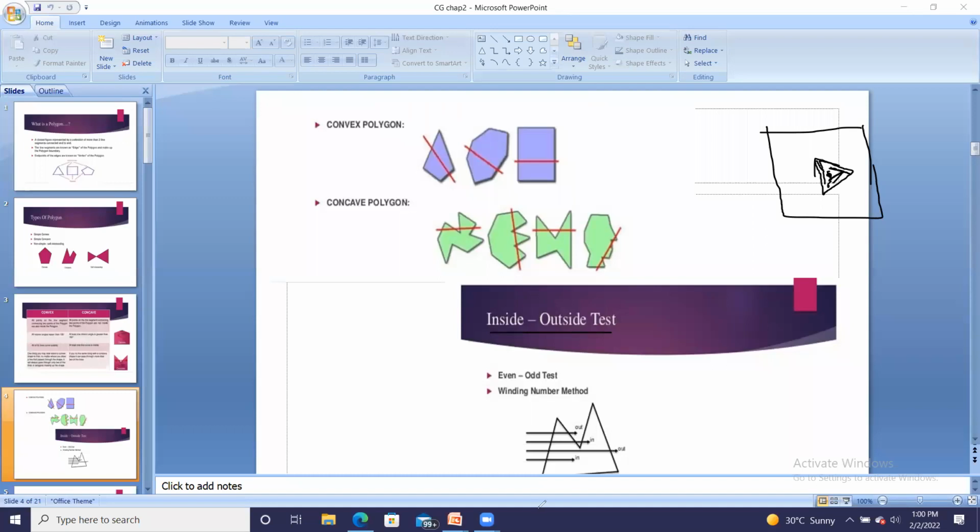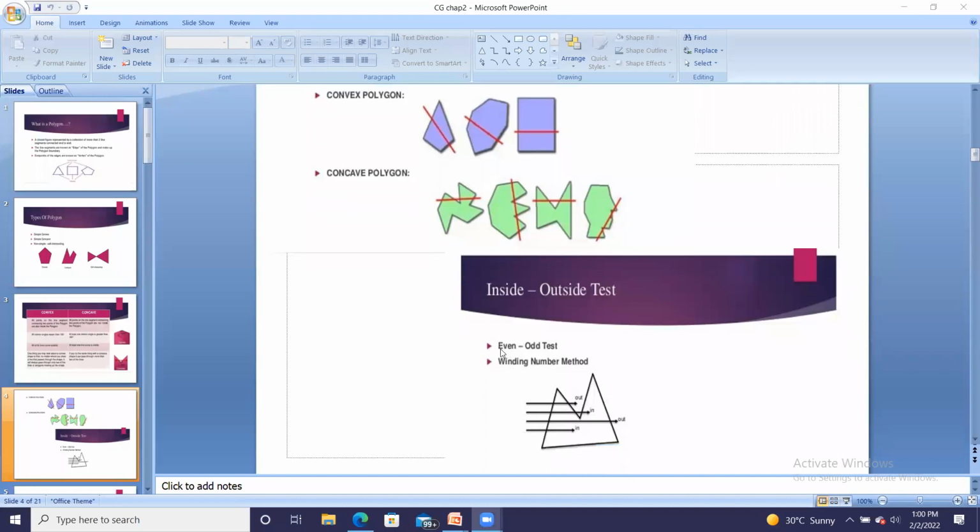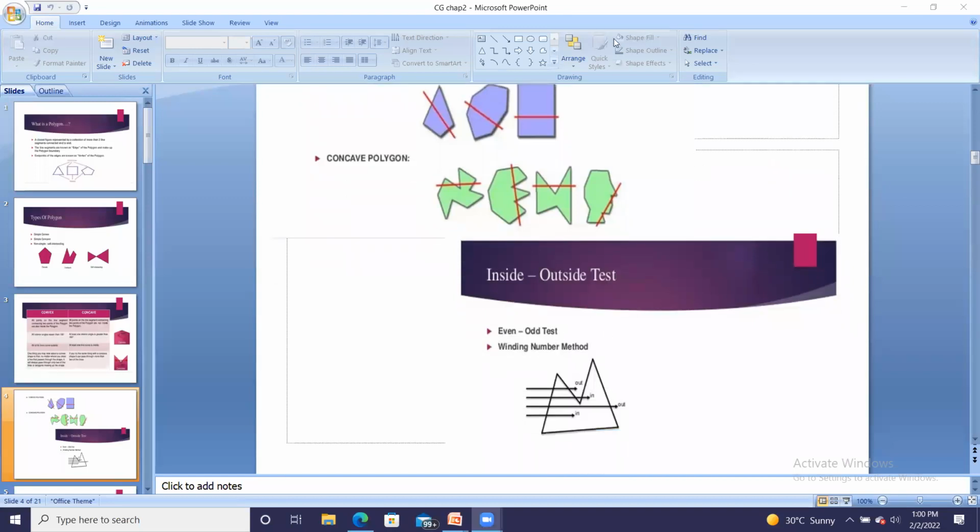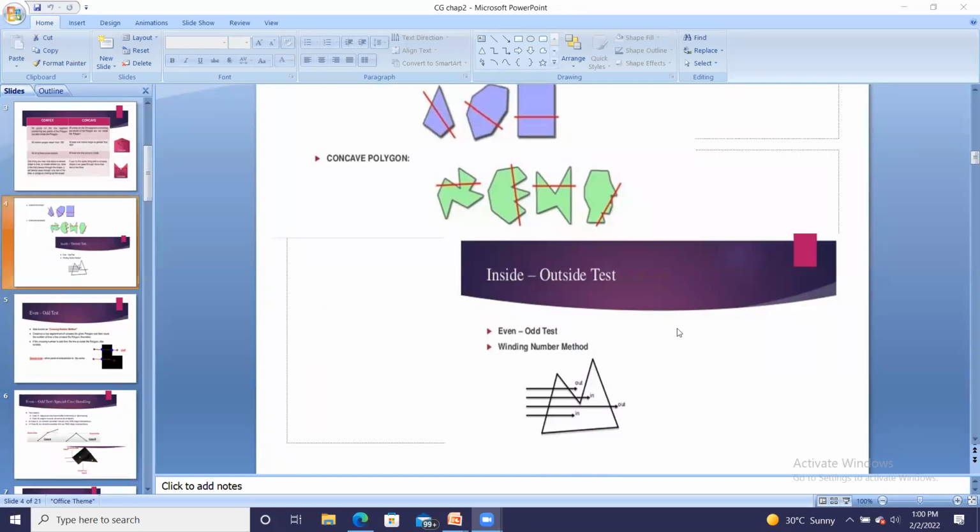There are 2 tests. First is called the even odd test, and the second is called the winding number method. So let us learn each test in detail. So the first method, or the first test, is the even odd test. In the even odd test, what it tells, now this chapter is raster scan graphics,